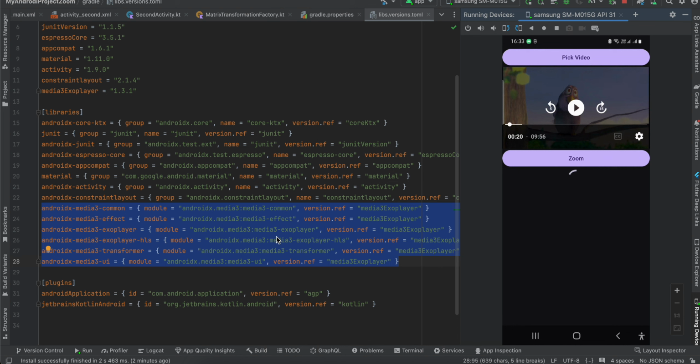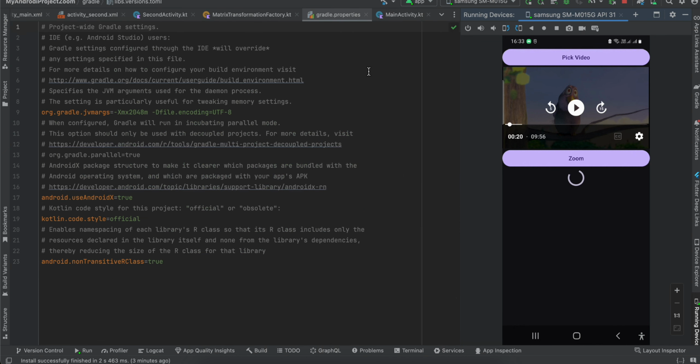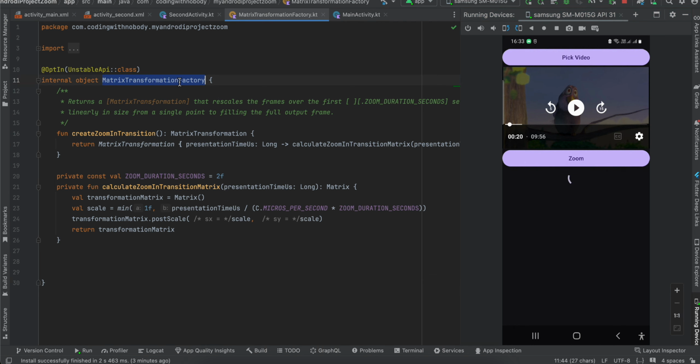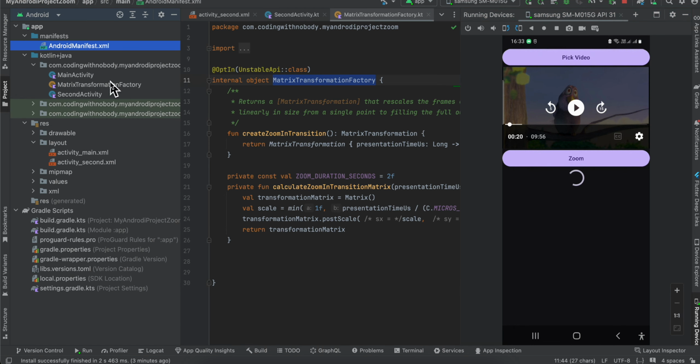Here you can go to build.gradle and click on Sync Now. It will download all the dependencies for you. Next, I have created this MatrixTransformation Kotlin class, so just create this file,